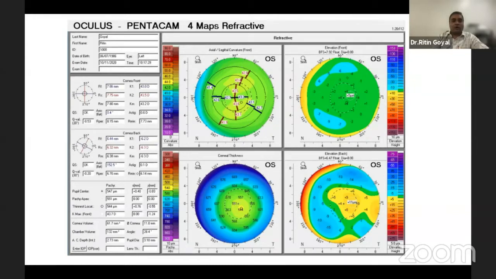whether I'm going to go in for surgery or not? How can we make it fast? How can we make it intuitive? I could tell you here that axial curvature is probably it, where you have inferior steepening, cases where you have skewing of the steep axis, cases where you don't have isometry between the left and right eye, patients that have steep Ks. All of these are risk factors where you need to be more suspicious going in for surgery.